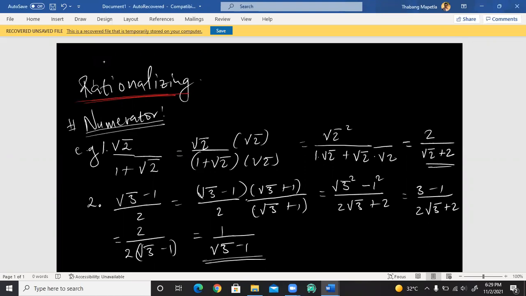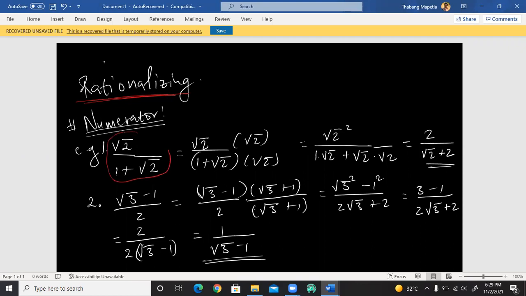For example, we can have it in two ways. The question might say rationalize the numerator or rationalize the denominator, but the procedure is the same. So how about rationalizing the numerator? For example, if you have this question here,